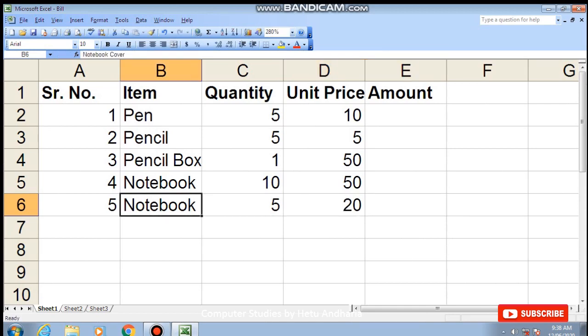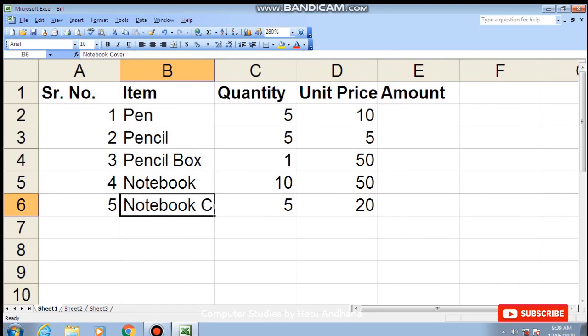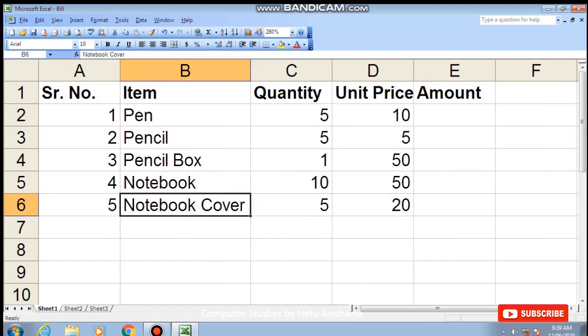Now here you can see this notebook cover is not read completely. So I need to increase the column width. Either I can click in between both the columns and drag it this way. And the shortcut key to do that thing is, I always like to teach you shortcut keys. So I give a double click here. The column width will get adjusted automatically.